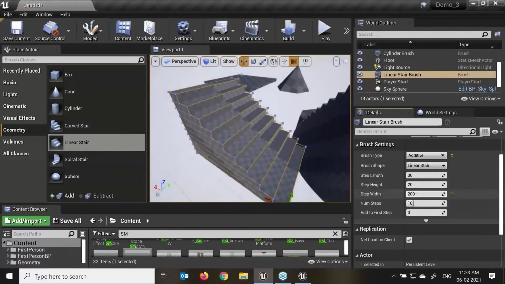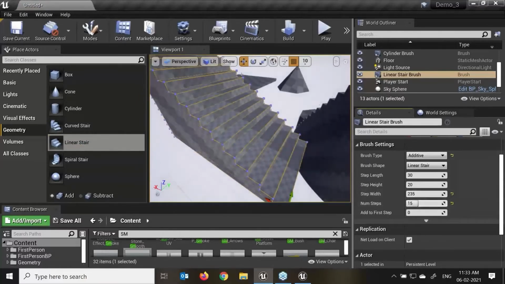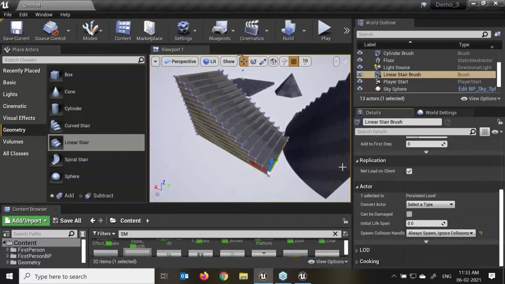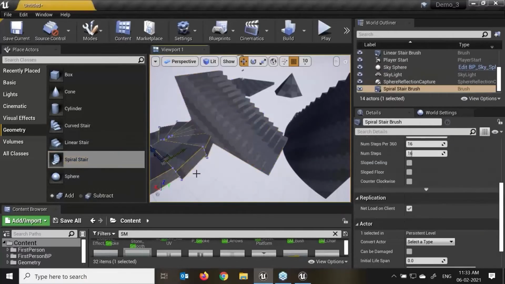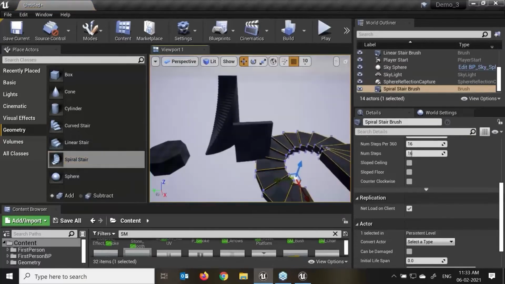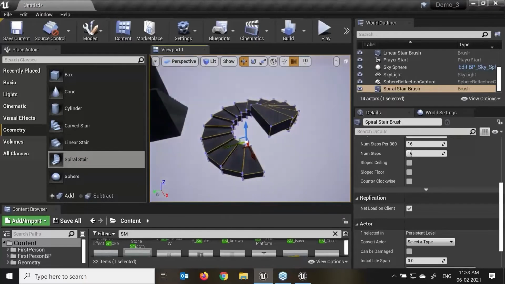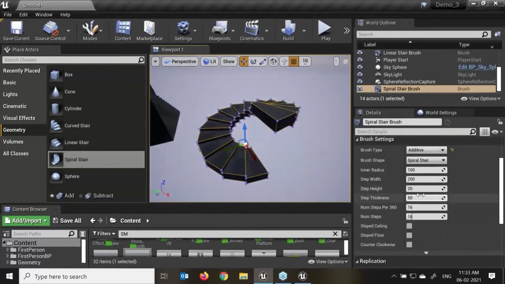Step length we have, step width we have, maximum number of steps here you can see. Spiral staircase we have. If I look over here, this will be my spiral staircase. Go up.